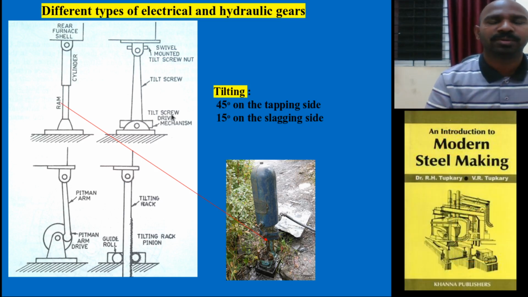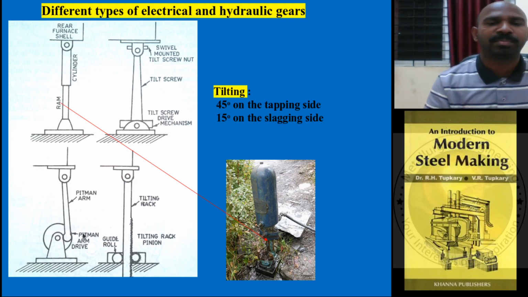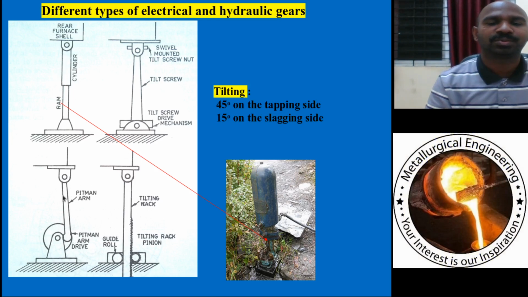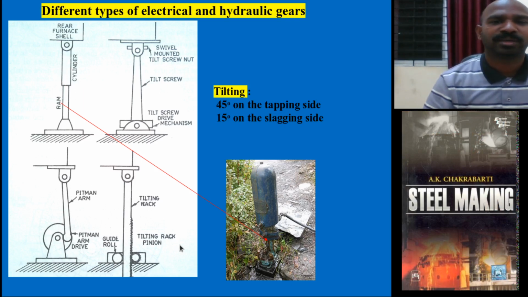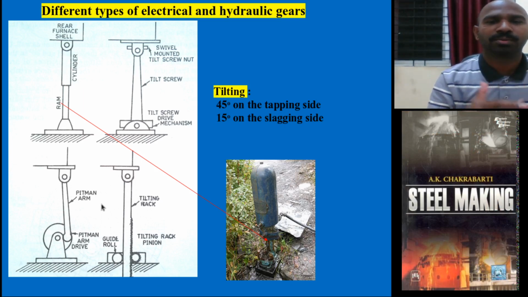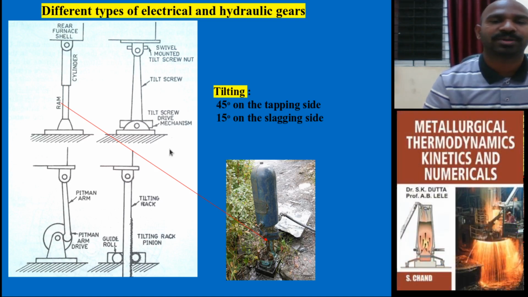There is another thing called screw driven based motor. The screws are tightened and it will be tilted to either side. And another model is the Pitman arm. This particular arm works with a wire mechanism. It is driven either towards this side or the opposite side, anti-clockwise, clockwise, and this is with guided rolls. When you rotate this particular roll, it will move this side, and when this is operating, it will move this side, either for tapping of molten metal or tapping of slag.